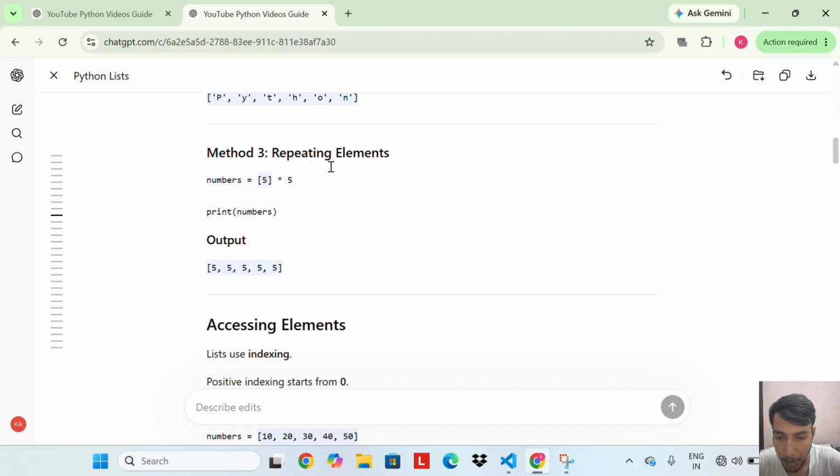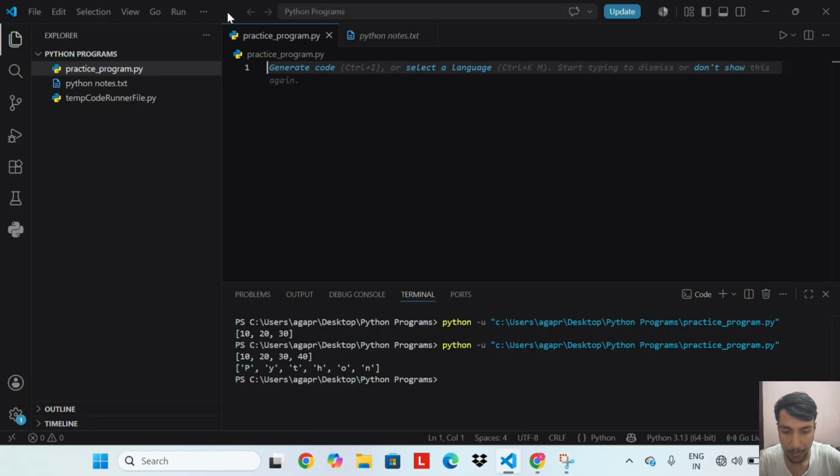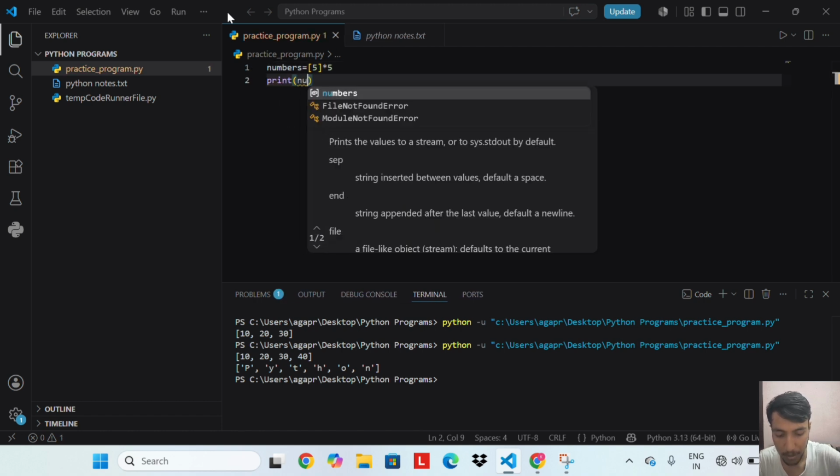Method 3: repeating elements. So let's do an example of method 3. Numbers equal to 5 into 5. Print numbers.